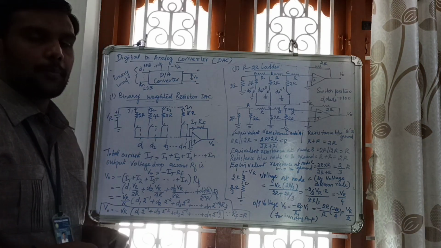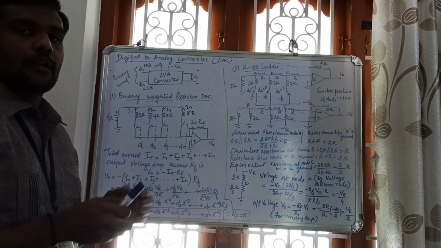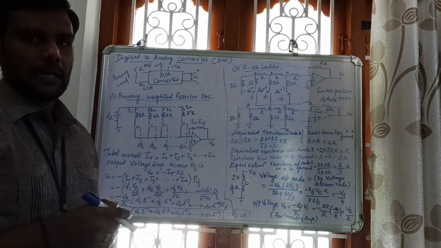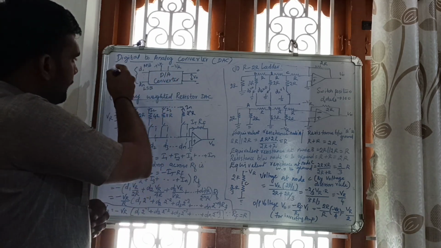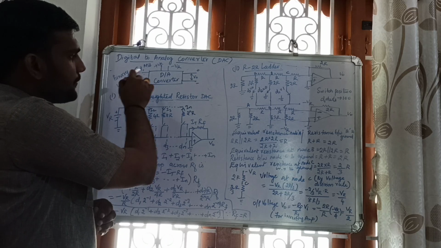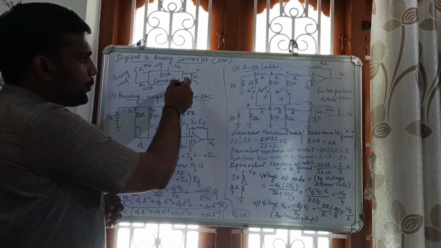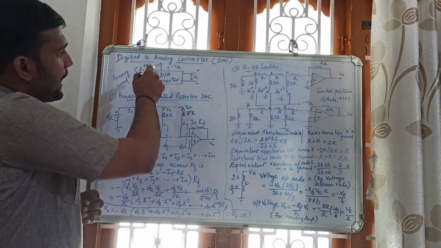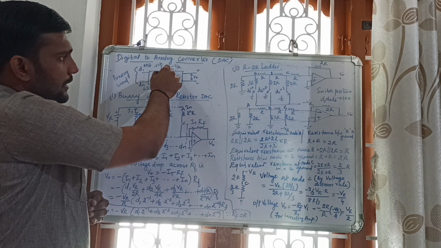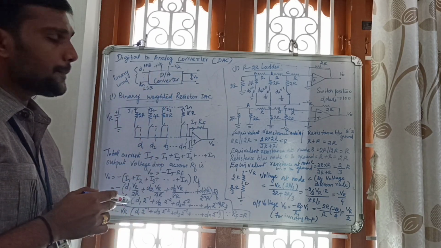Dear students, now I am going to teach you the topic digital to analog converter, DAC. The digital input will be converted into analog output. So this is the digital to analog converter. The binary word, which is the digital input, is fed to the digital to analog converter, which is converted into analog output voltage, which is available here. And positive reference voltage and negative reference voltage will be given to the digital to analog converter.